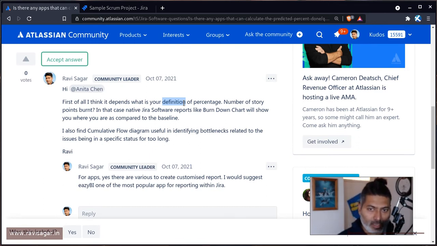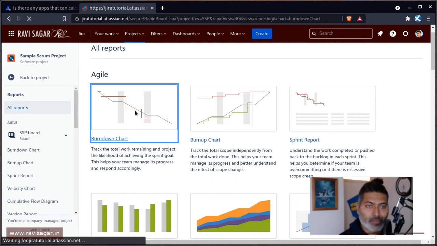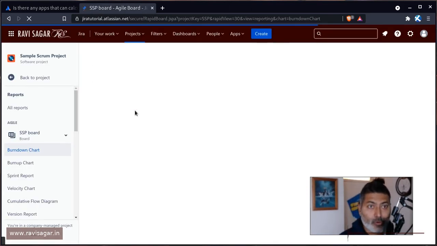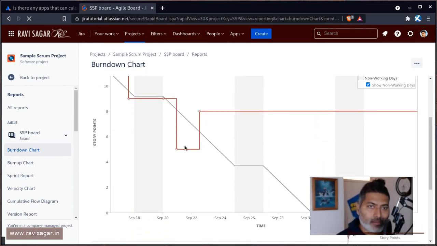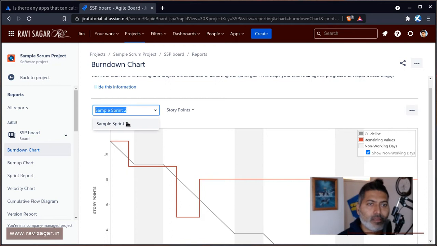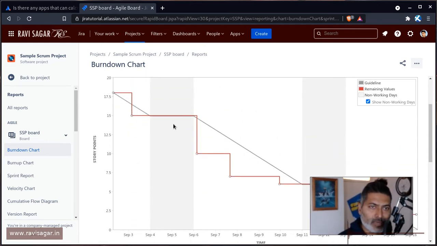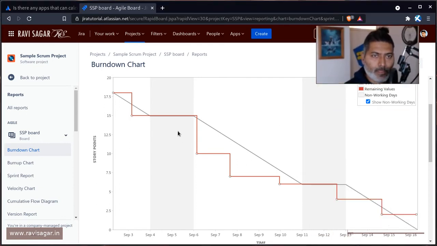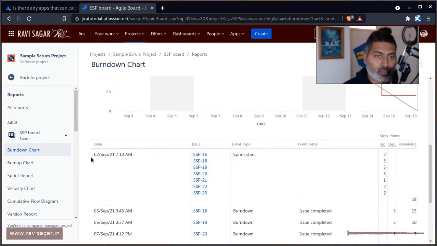A simple way to measure progress here is to look at the burndown chart, because the burndown chart will tell you the baseline, based on the number of story points you initially committed. This is probably not a massively useful burndown chart, but if you look at the baseline, which is in the gray color, at the start of your sprint you were hoping to deliver 17.5 story points in total, and by the end of September 16th the idea is to deliver everything. This table will also show you this information, like in the beginning you started with 18, but